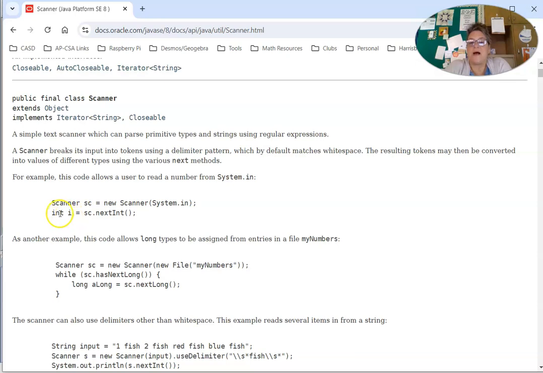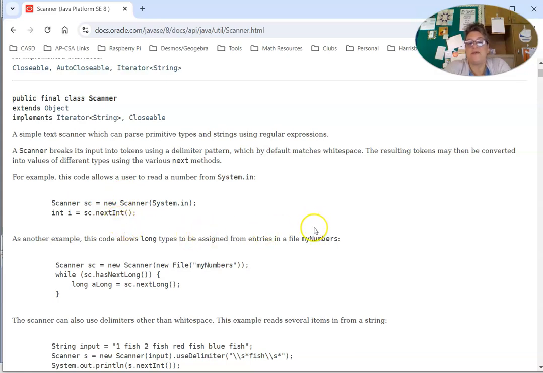So this variable i is going to hold an integer. Again, we try to avoid single letter variable names. We want to use descriptive variables so that we know what is being held in that variable. And we're going to set that equal to sc. sc, remember, is the identifier for the scanner object. So we're invoking that object.nextInt, and nextInt is a method from the Scanner class that collects an integer that the user